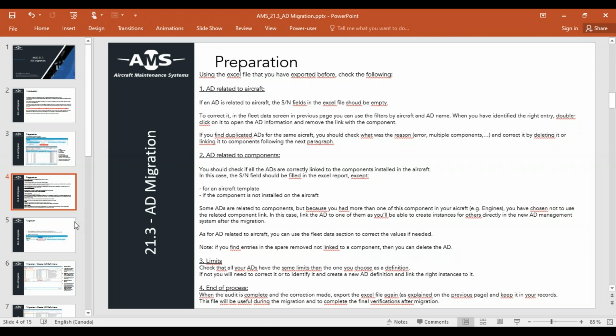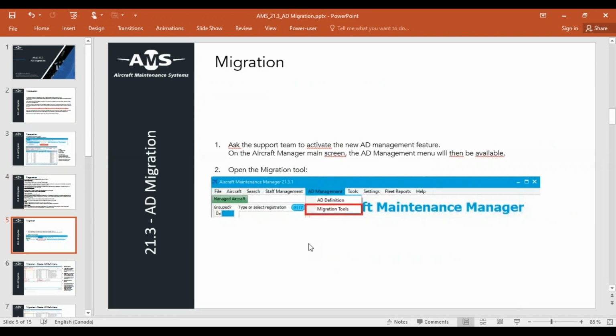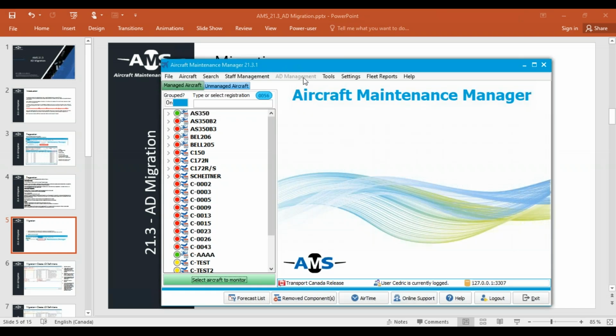So that's exactly the time where you're going to call us and ask us to activate the new AD management feature, which will enable this menu here. And from there, you're going to have access to an AD migration tool that we implemented and incorporated into that version. All right, so I'm going to now